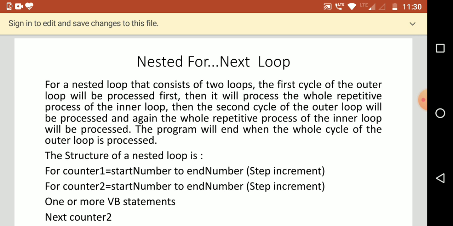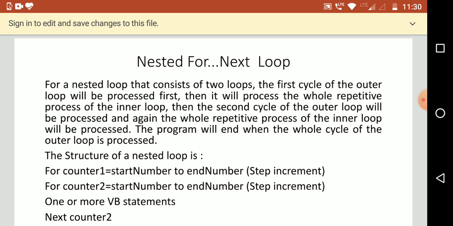Let's see another type of loop, the nested For Next loop. Let's define what a nested loop is. A loop inside another loop is called a nested loop. For a nested loop that consists of two loops, the first cycle of the outer loop will be processed first. So you will have an outer loop and an inner loop.